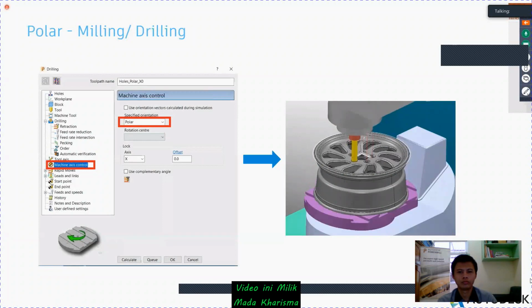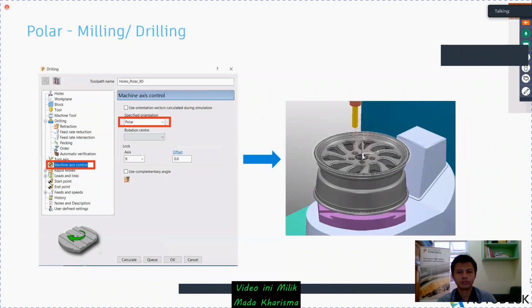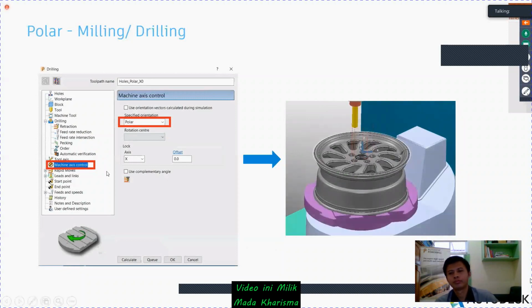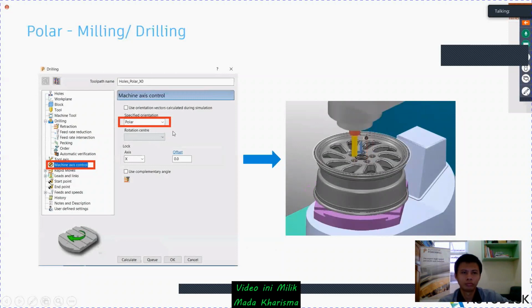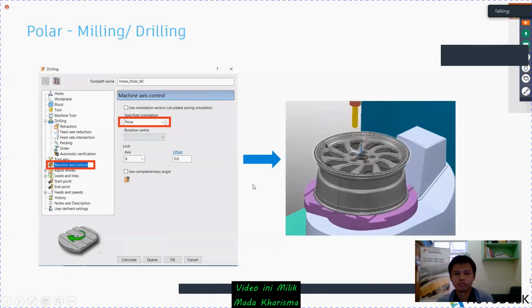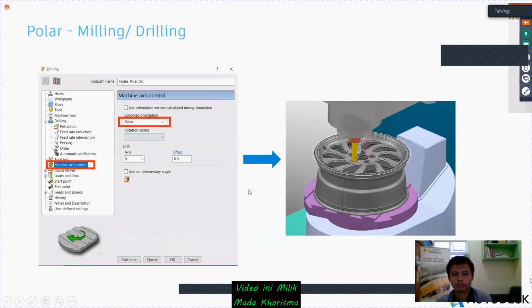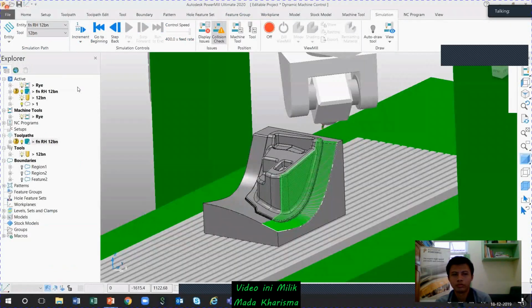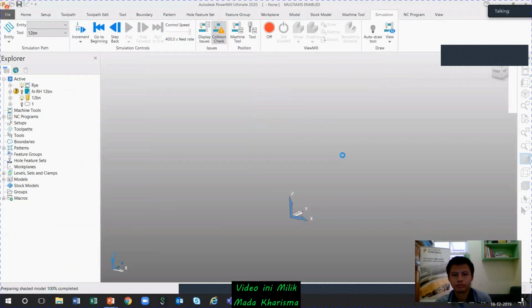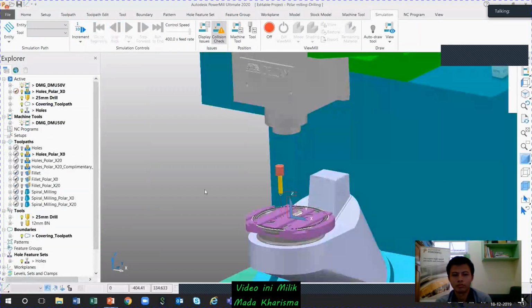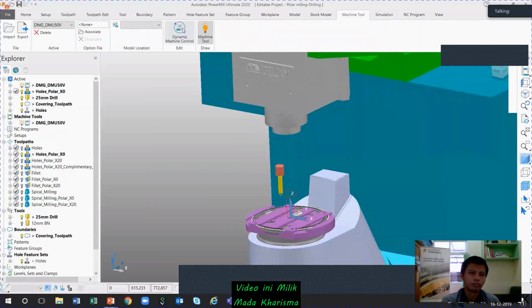We cannot directly use the existing post processor. Try to use it. If it is already configured, it will work fine. Otherwise, you have to get back to the application people to change it to polar. Okay, so we will move to the example here. Move to my simulate location. I will show you why I'm doing this toolpath.